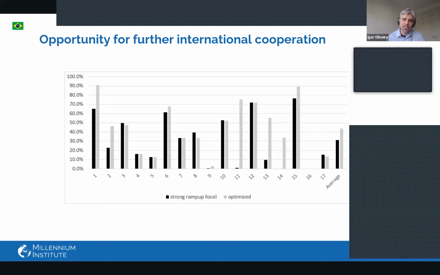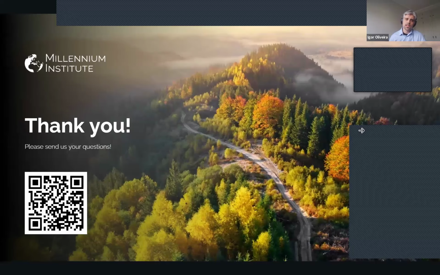So we have the opportunity here to increase the overall SDG performance by the end of the simulation period from 30% to more than 40%, right? And that's a big opportunity for international cooperation in Brazil. Regional integration as well. Brazil is the regional leader that can lead this conversation on the SDGs, also in South America and Latin America. So those were some of the analyses we managed to do in that case.